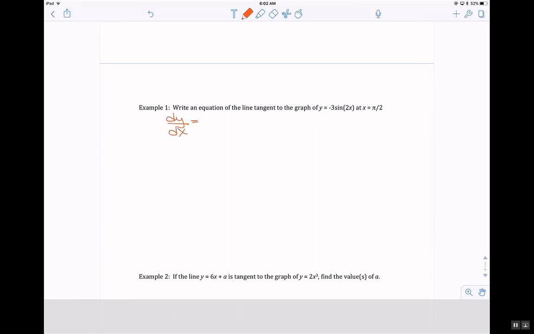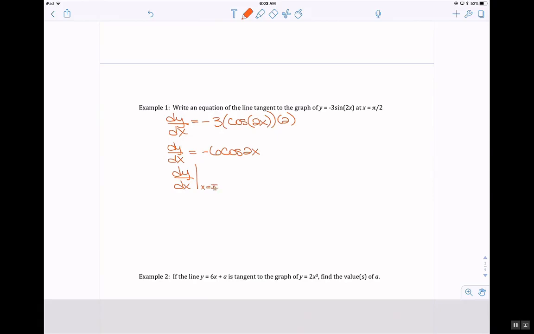dy dx is equal to negative 3. This has chain rule, so the derivative of sine is cosine, and that's of 2x. And then take the derivative of 2x, which is 2. So dy dx is negative 6 cosine of 2x. So dy dx evaluated